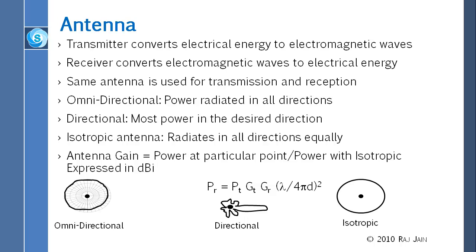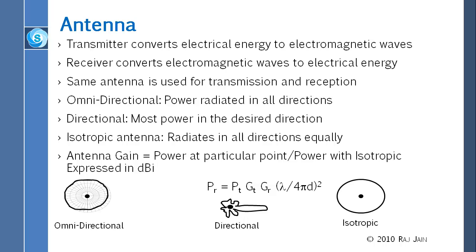The power density is going down, and also the frequency has an effect. The wavelength, lambda is the wavelength, by the way, not frequency. So lambda is the wavelength. So the wavelength also has an effect, and therefore it is lambda square as well as 4 pi d square. So lambda upon 4 pi d. If you get anything more than that, then it is either the transmitting antenna or the receiving antenna,